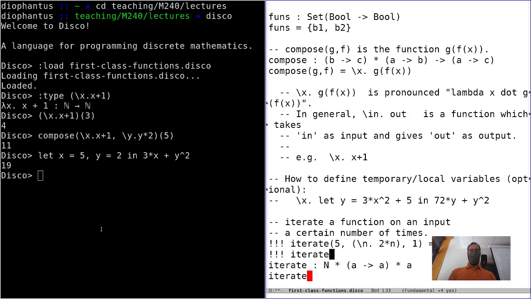Or what's another example? Like, iterate 5 times not on true, I should get false. So if I keep doing not, it's going to flip it from true to false, true to false, true to false. If I do it an odd number of times, I'll get the opposite thing, right? Or, if I say iterate 0 times,